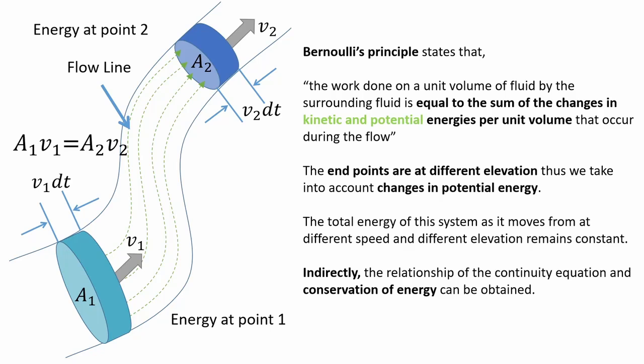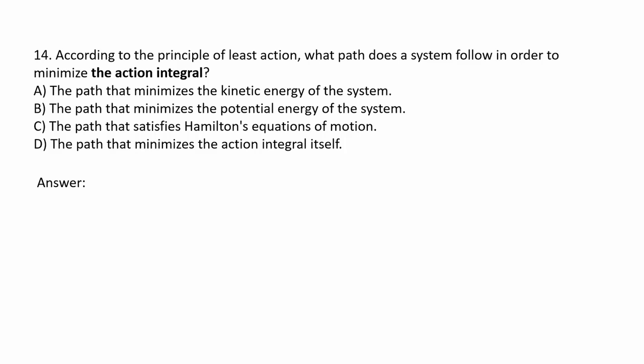According to the principle of least action, what path does a system follow in order to minimize the action integral? Letter A, the path that minimizes the kinetic energy of the system. Letter B, the path that minimizes the potential energy of the system. Letter C, the path that satisfies Hamilton's equations of motion. And letter D, the path that minimizes the action integral itself. The answer is